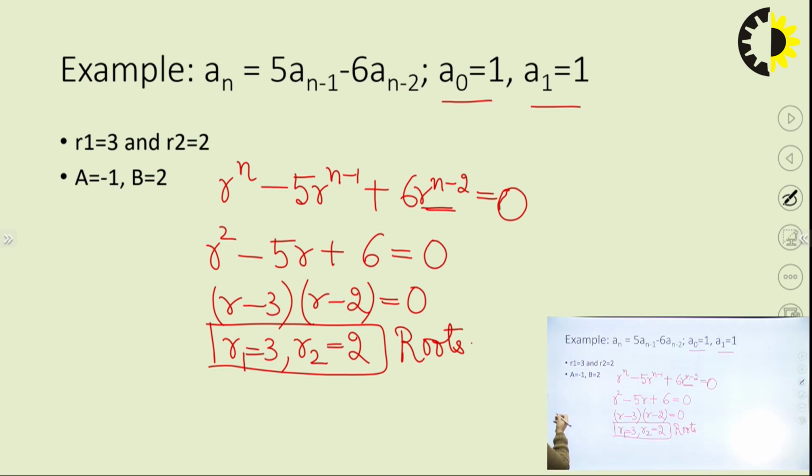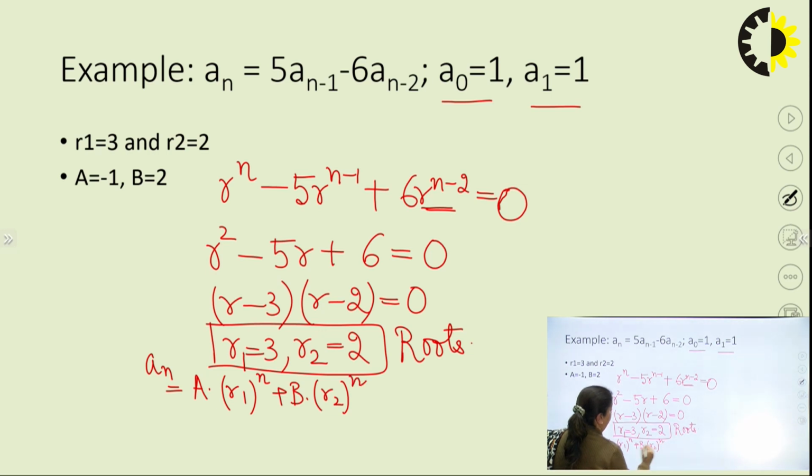The standard solution is a_n = A·r1^n + B·r2^n. Now I have to find out the values of A and B. To find them, I'll substitute the value of n as 0 and then n as 1. So a0 is equal to A·r1^0